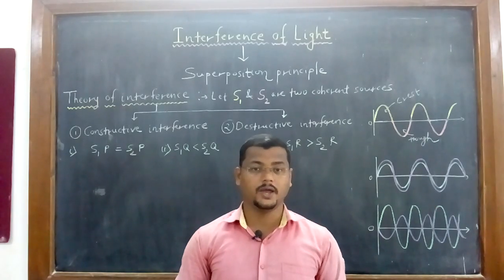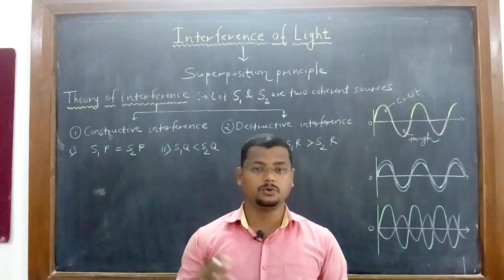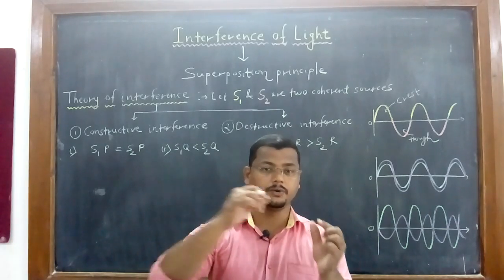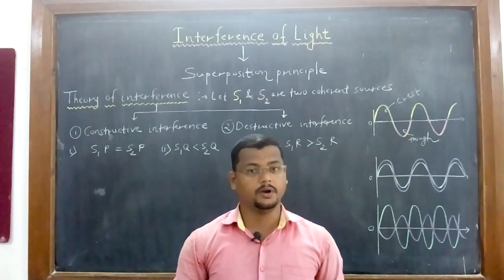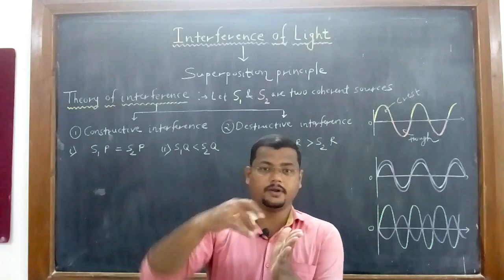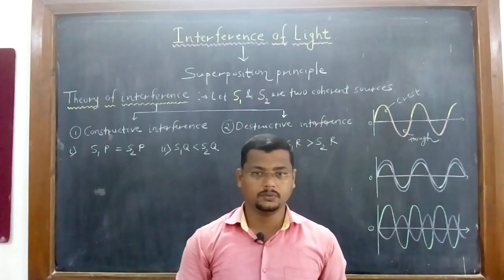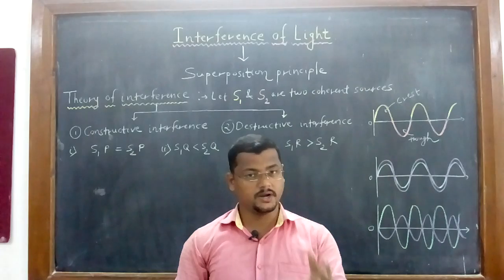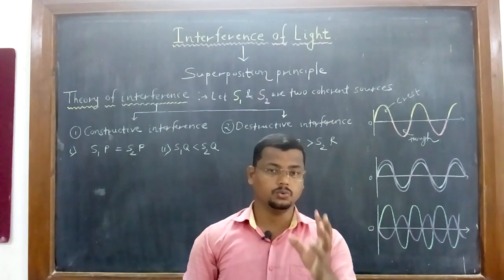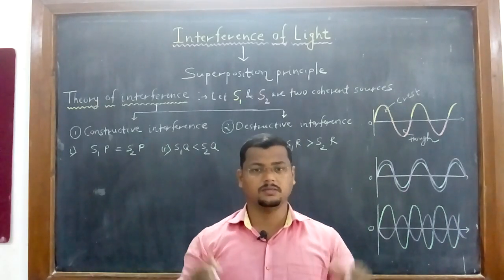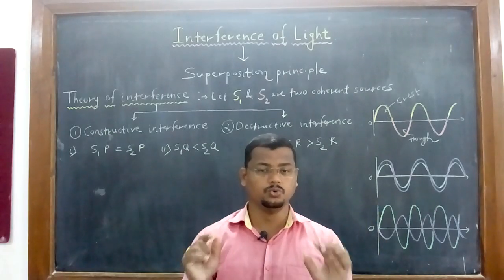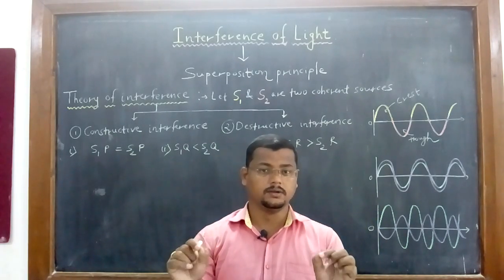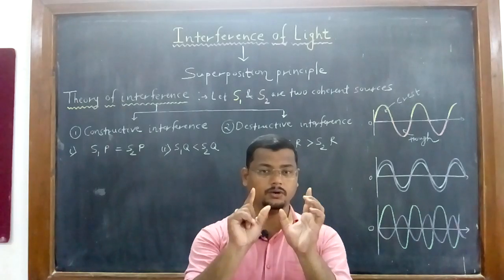So how many waves we have? Two waves, two light waves we have, and when the two light waves meet at one common point, at that point the one light is going to interfere in the path of other light. So it is called the interference of light. So to produce the interference of light, minimum we require two sources. Maximum it can be anything, but minimum two waves of light must meet at one common point